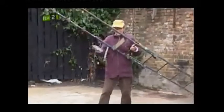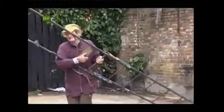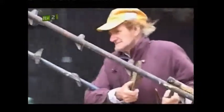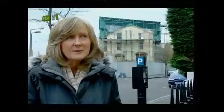Rob's new neighbours told him more about the house. Its owner, William Little, had a DIY habit that was out of control. He would start DIY projects, get about a third of the way in and then stop and move on to something else. He loved collecting stuff. Anything that anybody put out for the rubbish, he would just go and collect it, or there was just endless